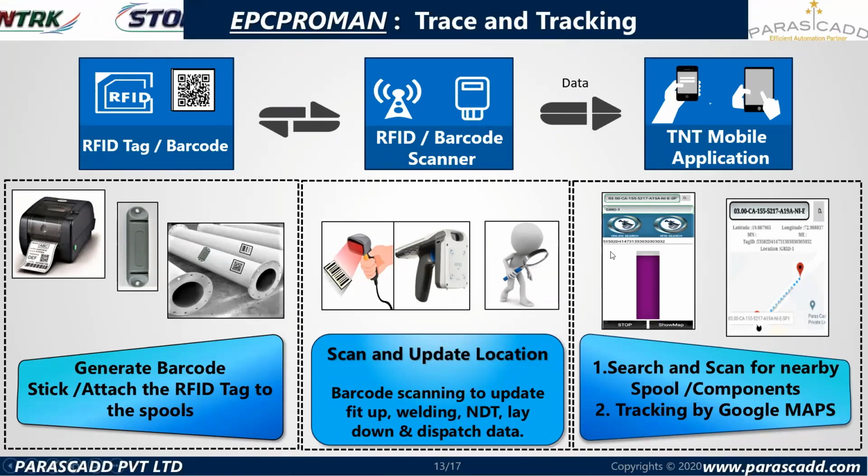So I can also use this particular gun for scanning this barcode. Whenever I am reaching a particular object, the scanning gun will give me an indicator, like this purple color is the indicator. It will give me a notification that I am close to my object. This way I can also track my particular object for further issuance purposes. So that's the trace and tracking module. The detailed information on this particular module can also be found on the Parascad Home website.